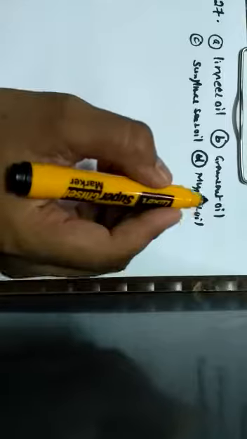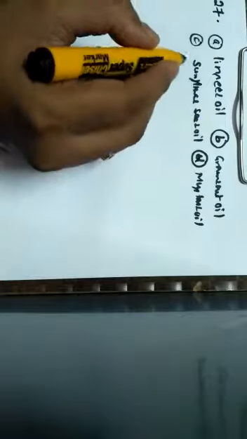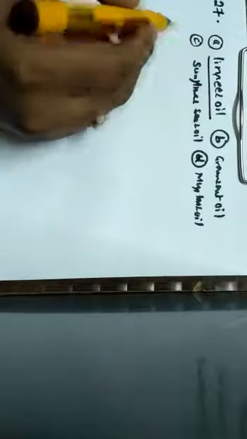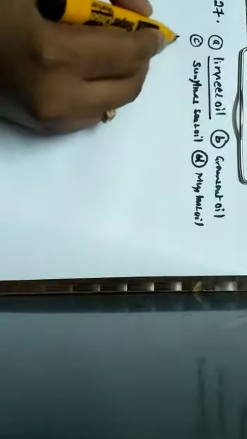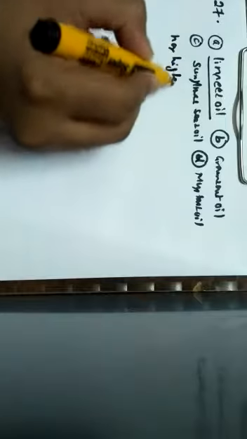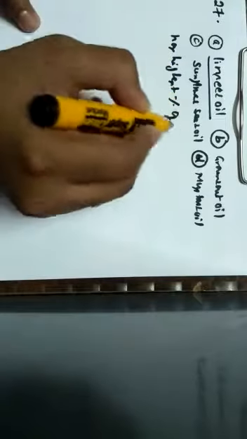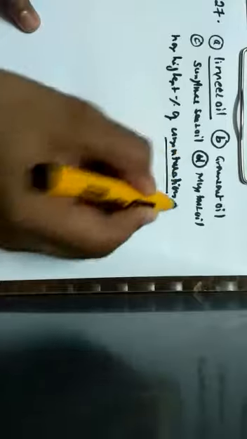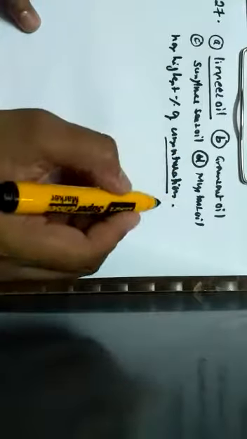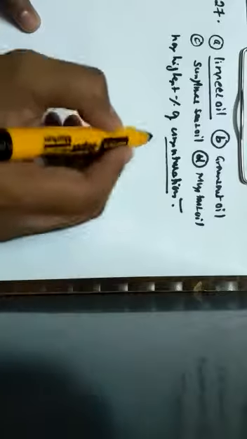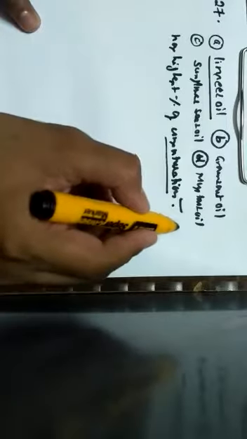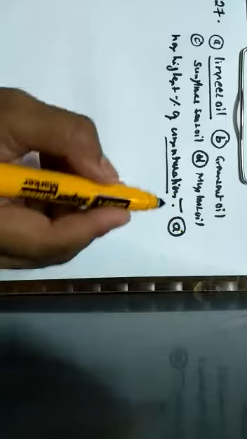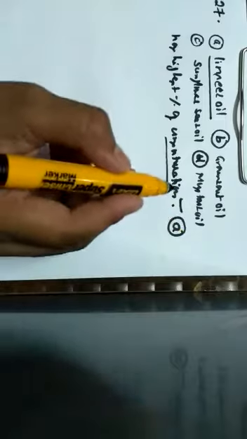So here, the number of moles of hydrogen that is required to a maximum extent is for linseed oil, because linseed oil has the highest percentage of unsaturation. So if the unsaturation is maximum, the highest number of moles of hydrogen can be added to it. Hence the correct option for the given question is Option A, which is given by linseed oil.